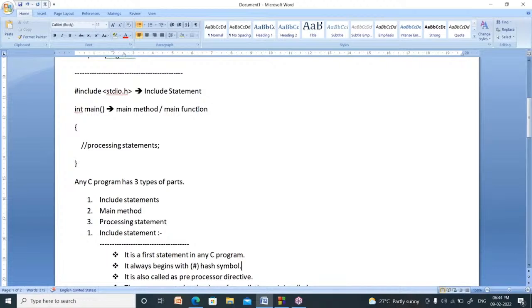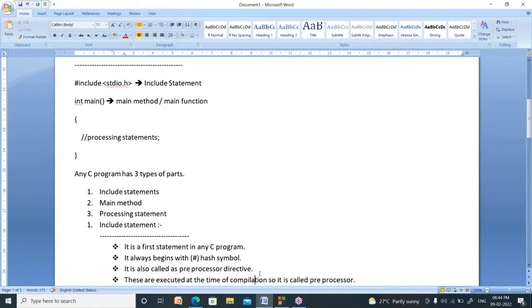I will tell you slowly. Hash include stdio.h is called the include statement. Int main is called the main method. In between the curly brackets, you have to write processing statements.